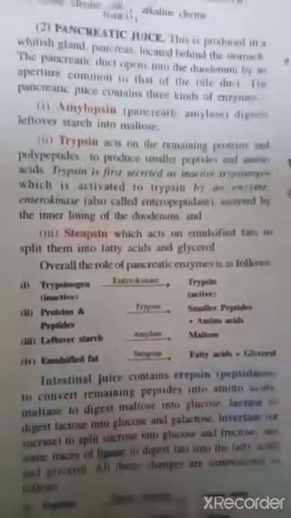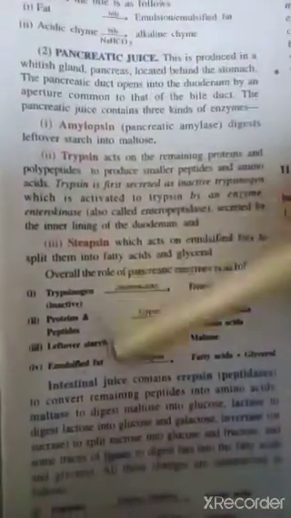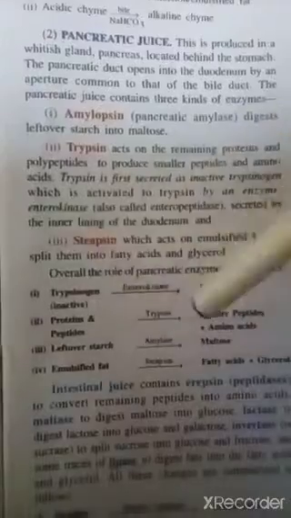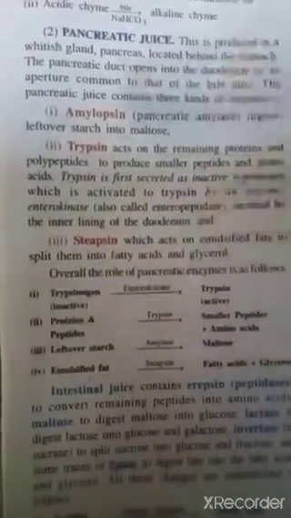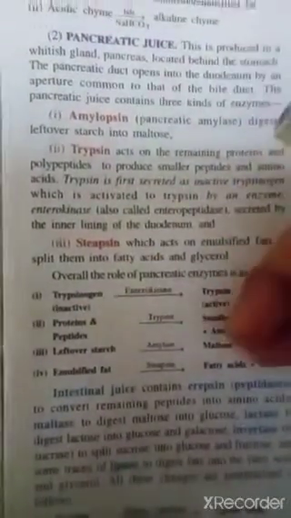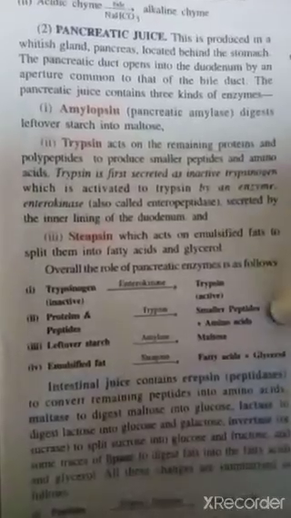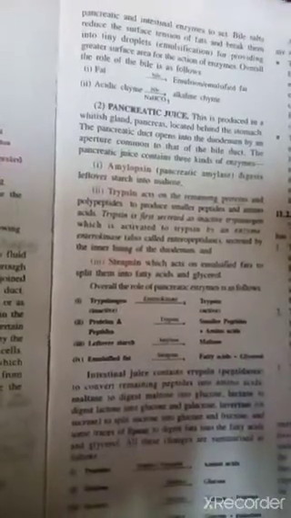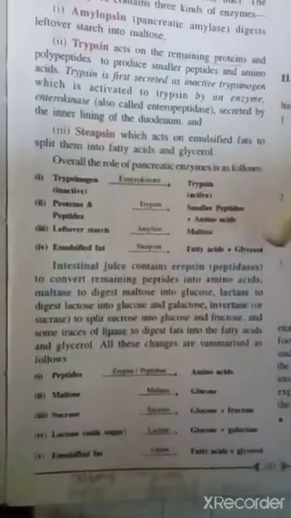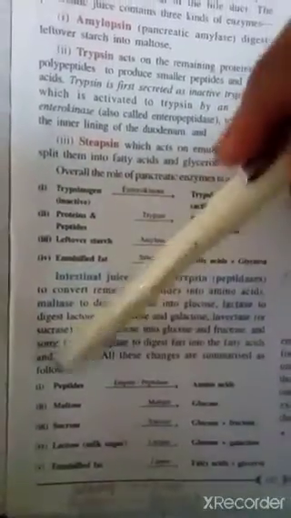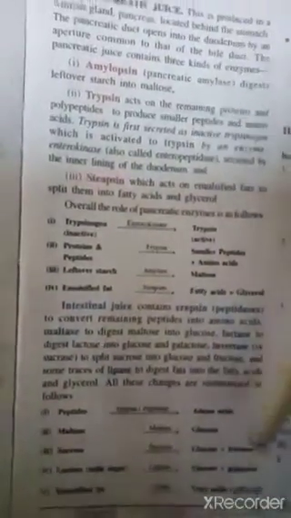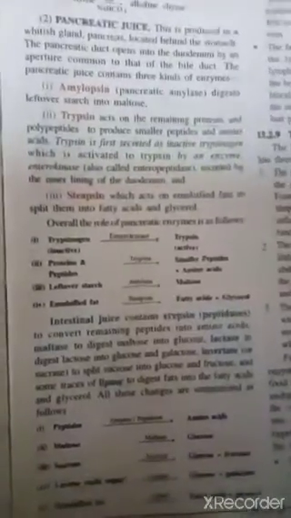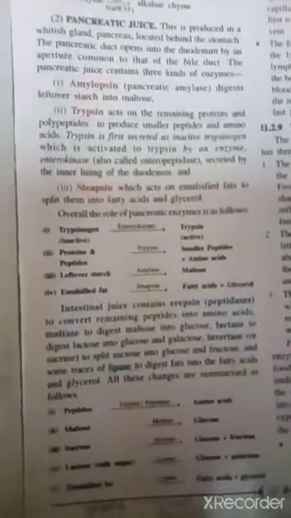So students, today what you will do, you will learn all these enzymes and what enzymes act on what, and what it is converted into, what is the product formed. So this you have to learn, students, straightaway. I hope it is clear to you all, students. Intestinal juice contains peptidases, acting on the remaining peptides. All this chart you have to study today and learn from the exam point of view.